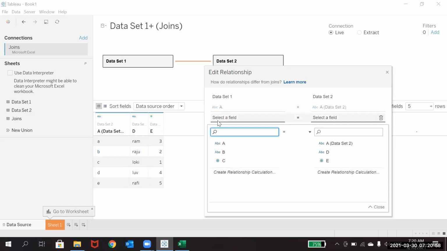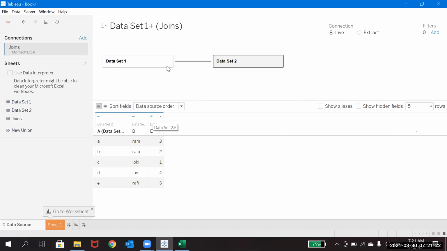As I told you, you can add the other columns also, if there are common columns in any of the data sets, you can add them to the relationship module. Most of the cases, just understand that when you would like to connect two data sets, you need one common column, and there it will blend the information.